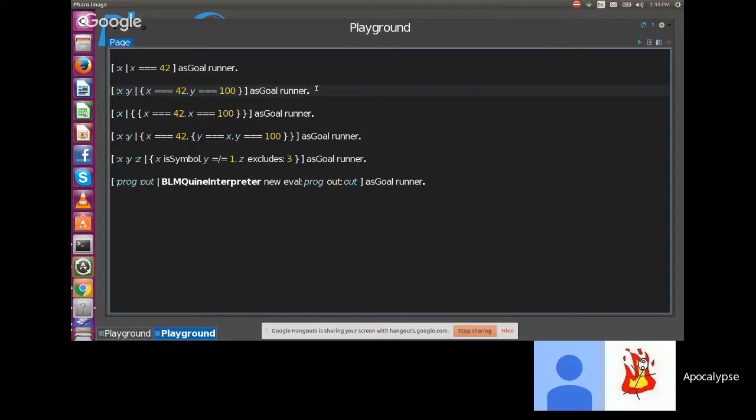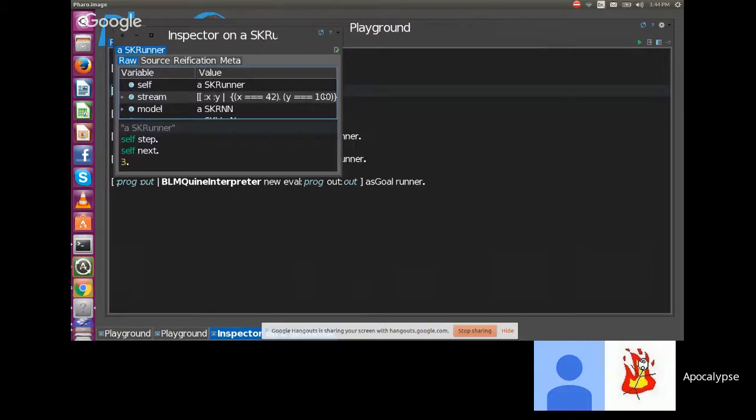So moving on to this one, I have here a conjunction of two unifications, right? So I have a fresh with x, y, and conjunction here is just this curly bracket array syntax with the period separation between two unifications, x unified with 42 and y unified with 100, right? Yep. So it's just like two adjacent elements in a fresh. If I open this inspector,